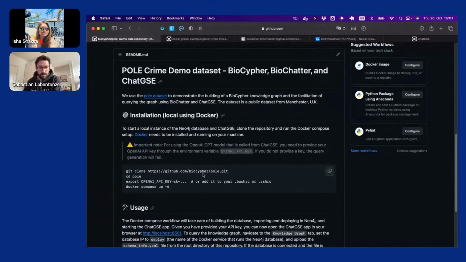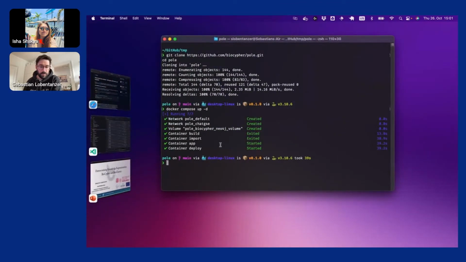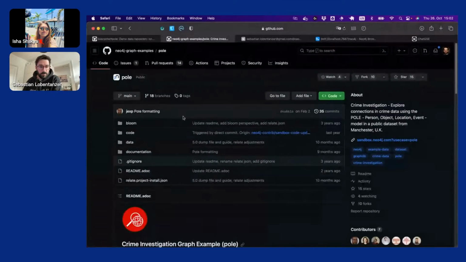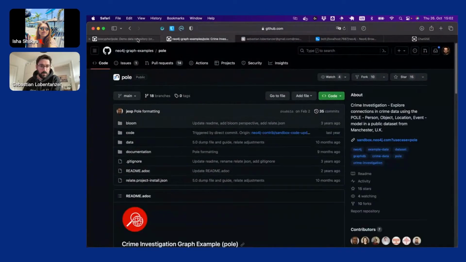you can also try to start up on your own. If you want to chat with the model, you need an OpenAI API key at the moment. You can start the repository if you don't, but you will not be able to use the model. I did the same here just now. So I omitted the OpenAI key step because I already have it in my environment. And then basically what you do is clone and then Docker compose up. You need Docker for that, obviously. And this is a data set that comes from one of the Neo4j dataset repositories, this one here. It's called Pole.